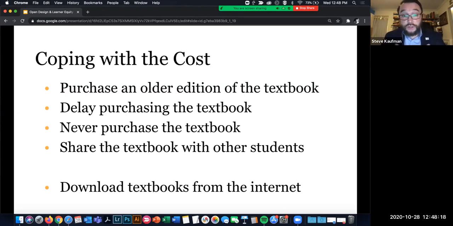A lot of students never purchase the book at all. They share the textbook with other students, which is hard when you're trying to study for midterms or finals and you're the third person waiting for that shared textbook, right? And of course, they download textbooks from the internet. And I've kind of set that one apart because ideally, we don't want students to do that. I mean, certainly you could go to Google and type in McConnell macroeconomics, and it will bring up a PDF, hopefully, and you could maybe read it, but that's illegal, right? That's an illegal copy, and we don't want to ever promote that with our learners. But obviously, it's up to them what they do. And of course, we don't want to endorse policies that would get our institutions in trouble. So we want to stay away from that one.